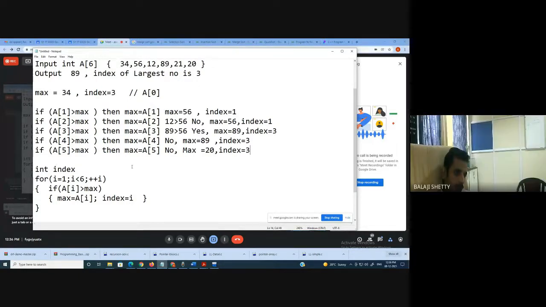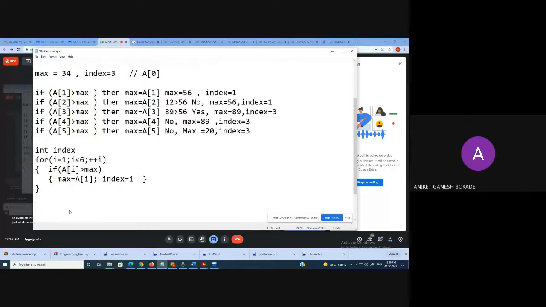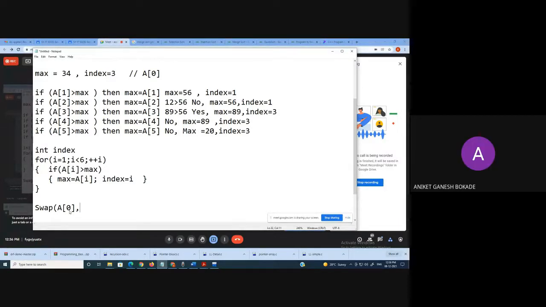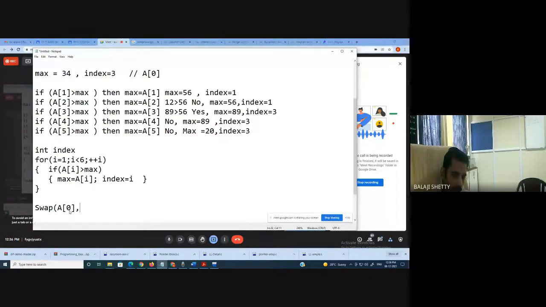It's very simple: simply swap your first number with the max. To replace this, you have to swap the first number with A of index.